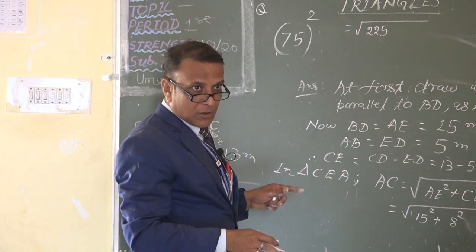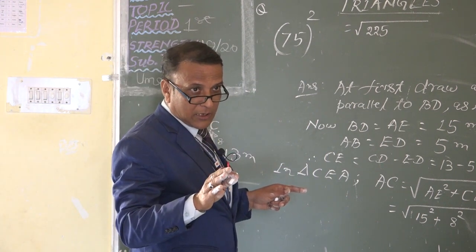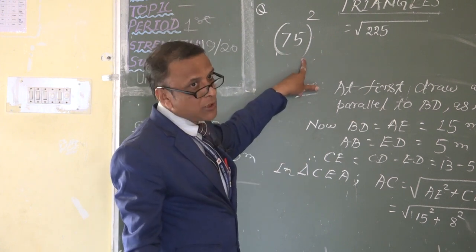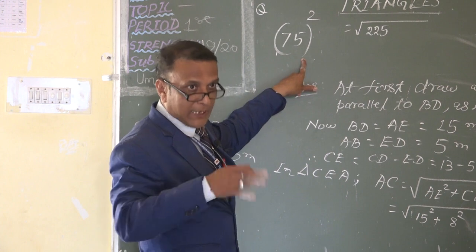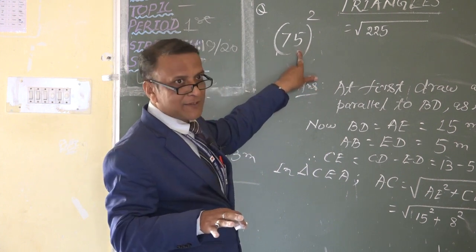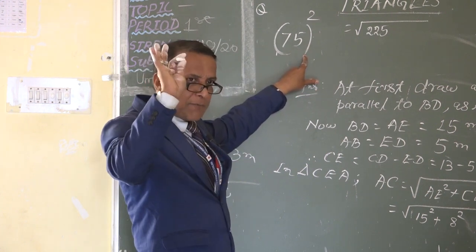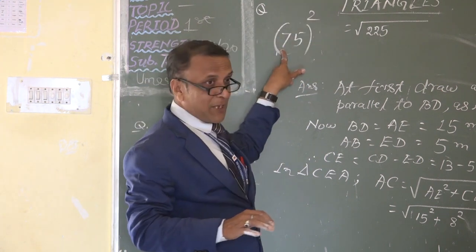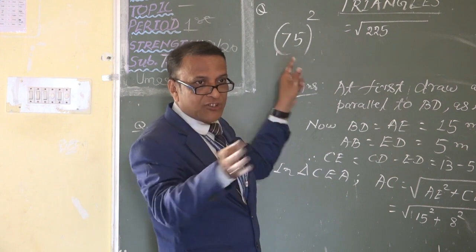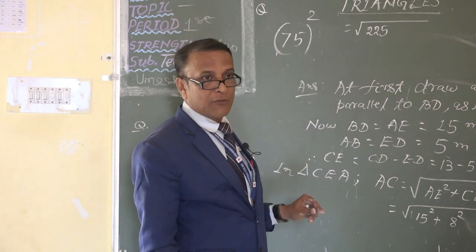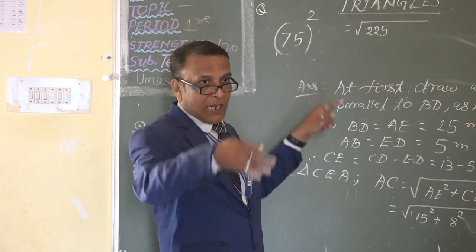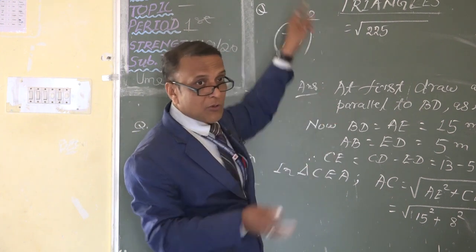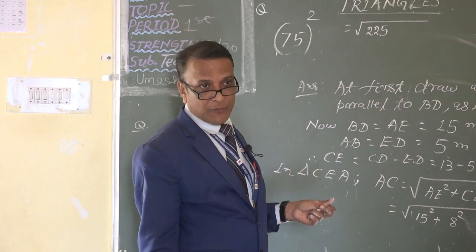Understood? Sagarika, understood? Once again I am saying 75. Here unit place contains 5, so we can apply this rule. 5 into 5, whatever comes, write it here. The digit on the left side, multiply it with its next digit. This was 7, next digit is 8, 7 into 8 is equal to 56. Write it on the left, it becomes 5625.